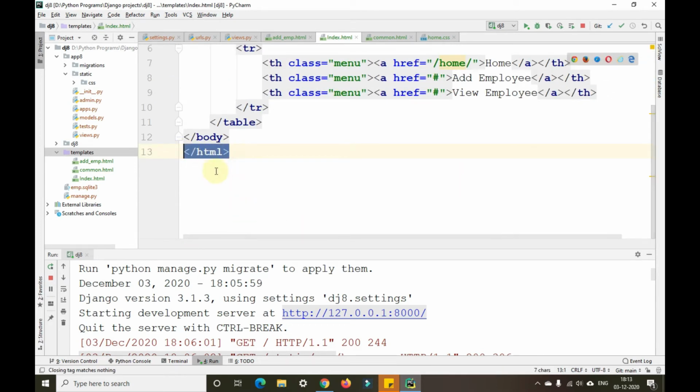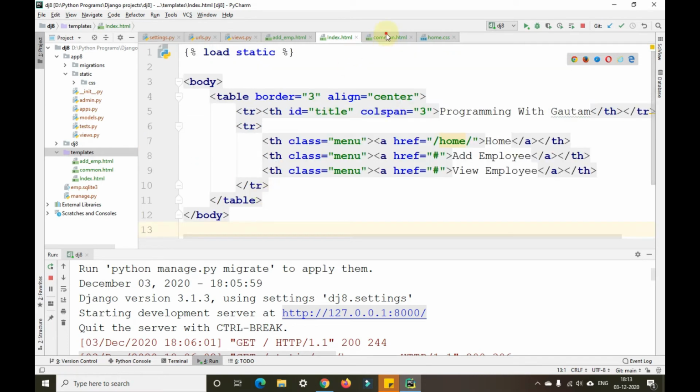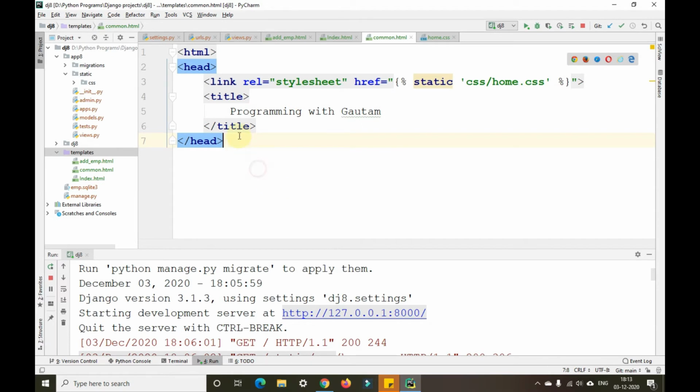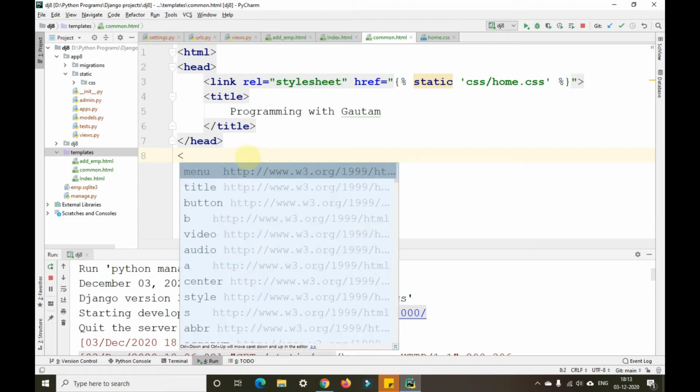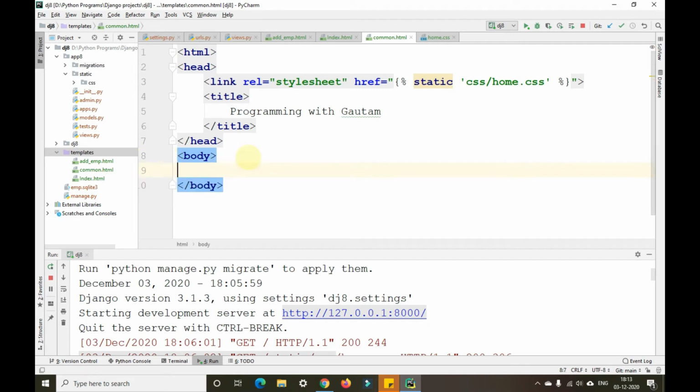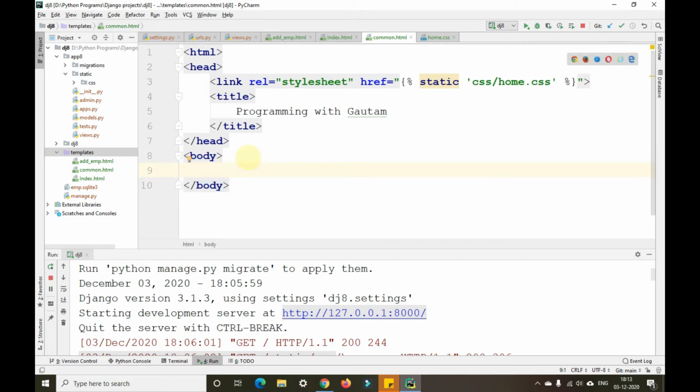Also, I'll remove this particular closing tag here. So I'll change this and give this particular thing here. And while opening the body tag and all, I'll open a body tag here. And after I open the body tag here, what I'll do is I'll give a block tag here. Block. I'll give the block name as